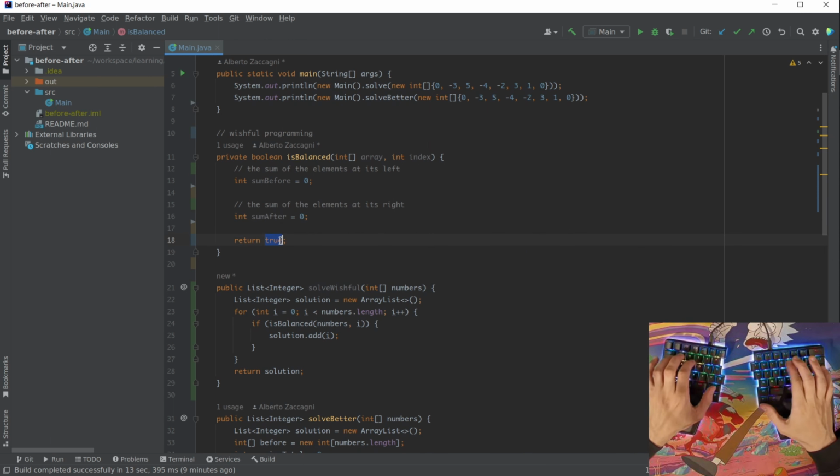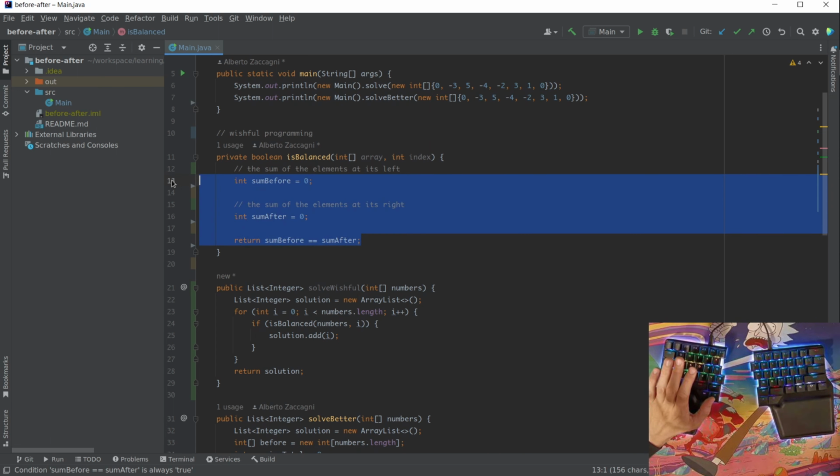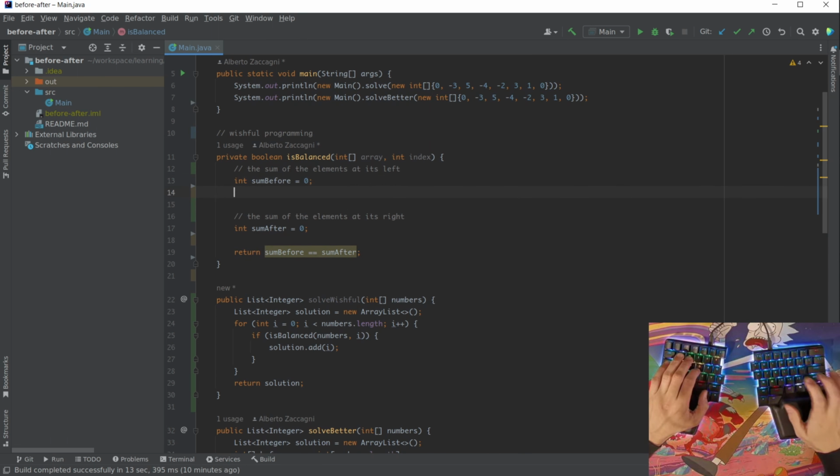If the two quantities are equal, then it's balanced. So this is the first implementation. Now I'm going to code this bit here. How do I get the sum before? Well, I have to go through the array and stop at the element before the index.